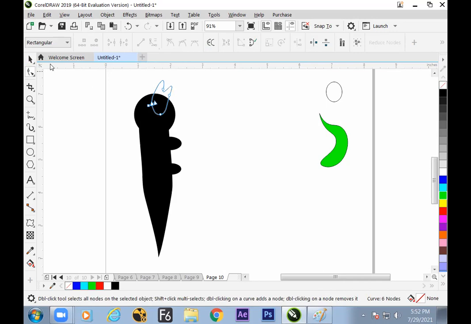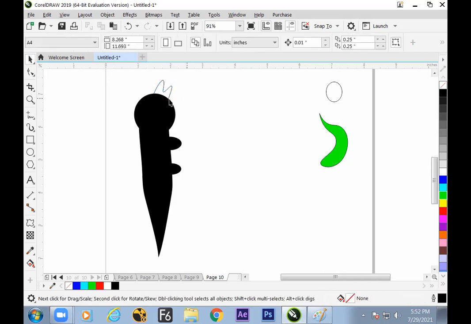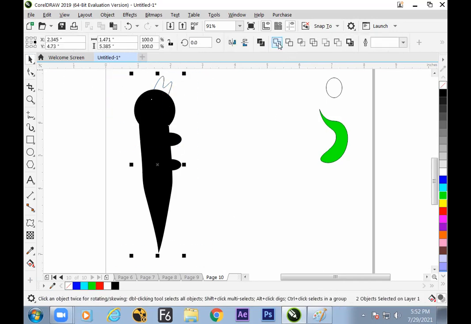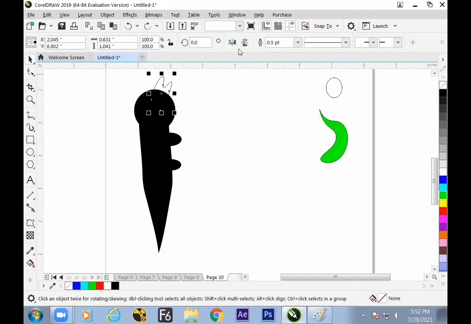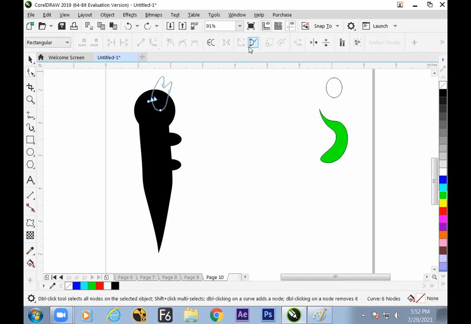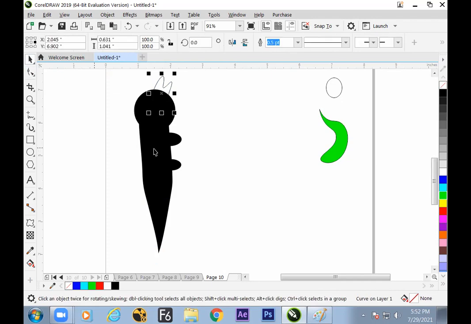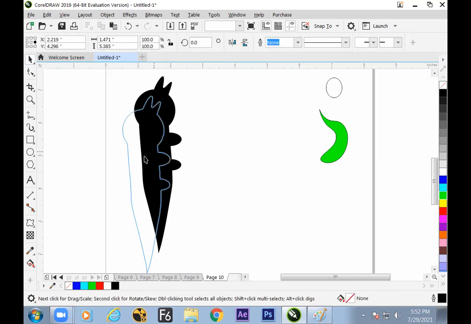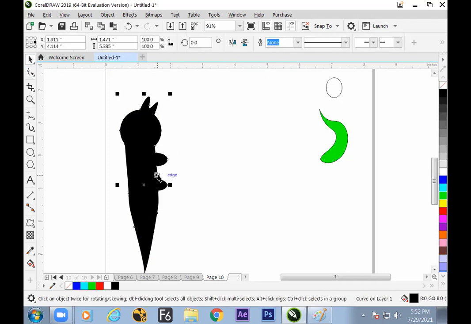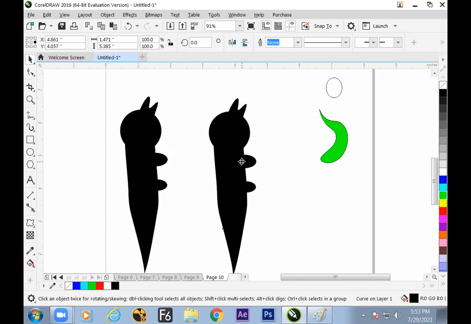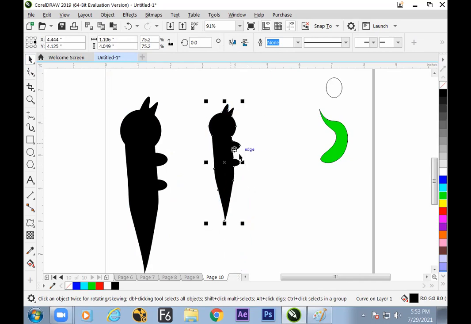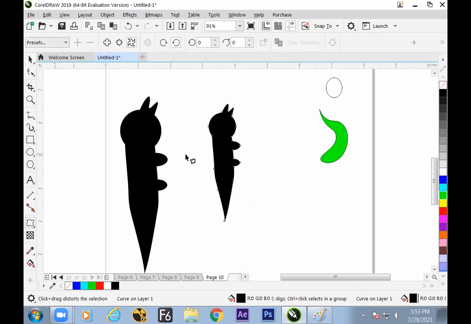Close this and weld this. Select, close, and weld. Fine. So I tried my level best to create a creature having more features. Now twist it. So twister.